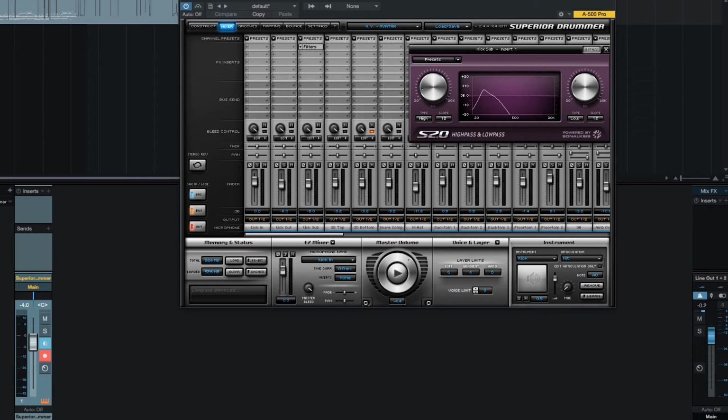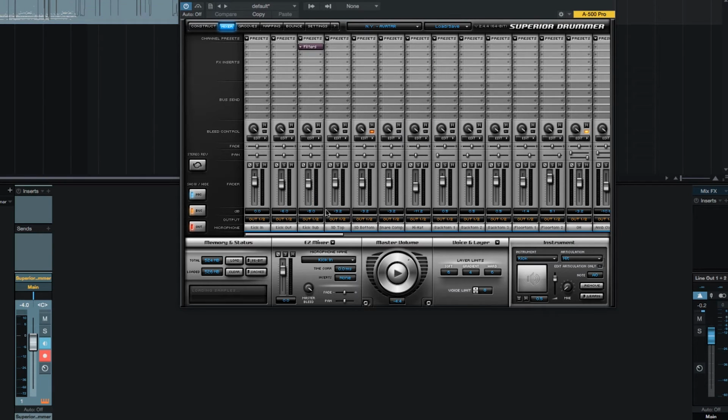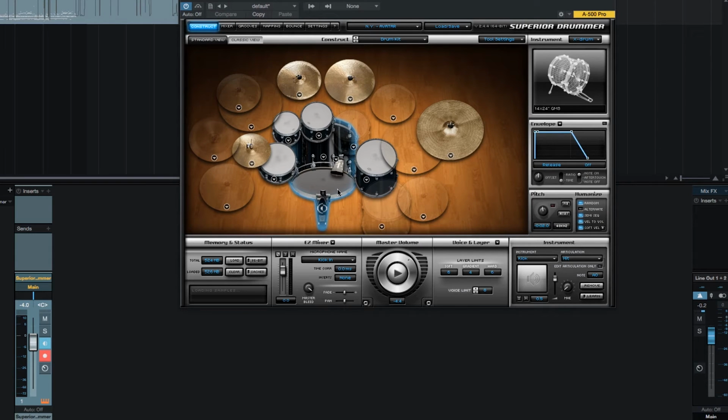So let's go ahead and go back to the beginning of the performance and let's take a listen with the filter engaged, and we have the louder kick sub frequency and the lower pitched bass drum. That allows the bass drum to sit a little bit higher in the mix. It's a little more present, and that will actually translate well into the next mix move I'm going to do,